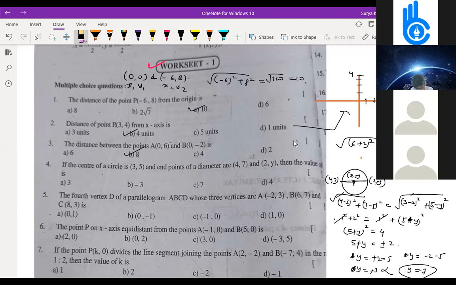One minute. Once again, I'll solve this one till here. Anyone got the answer for this? Anyone got the answer? So here 1 square plus 2 square is equal to 1 square plus, if 5 minus y is only here, right? One minute. This is 5 minus y only, so (5 minus y) whole square.